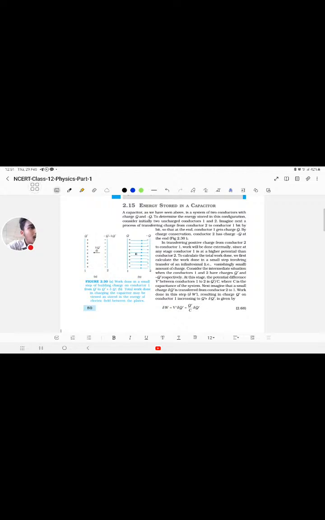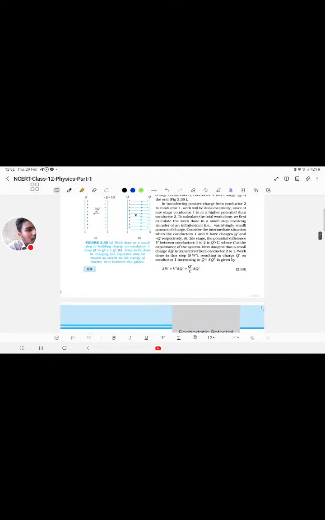Consider the intermediate situation when conductors 1 and 2 have the charges Q dash and minus Q dash respectively. At this stage, the potential difference is V dash. So the differential amount of work done is equal to V dash multiplied by the differential amount of charge that we are supplying, that is equal to Q dash by C times del Q dash. So del W is equal to,